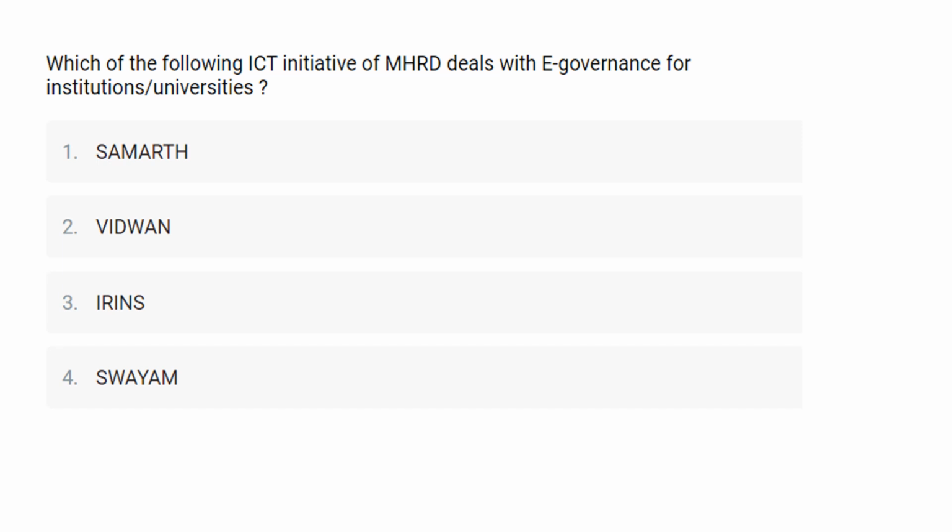Which of the following ICT initiatives of MHRD deals with e-governance for institutions and universities? So here in this question they have given you four options and they ask which is the ICT initiative of MHRD which deals with e-governance for institutions or universities. The first option is Samarth, second option is Vidwan, third option is IRINS and the last option is Swayam. So here on 14 May